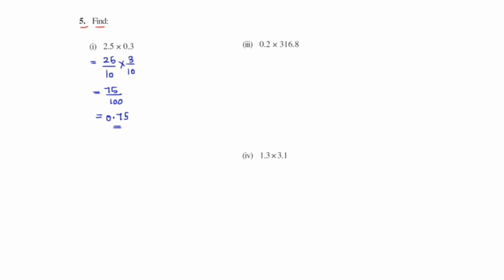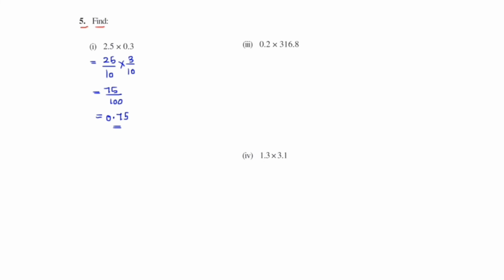I think we have already discussed a lot of questions like this, so it will be easy for you to understand what we have just done, that because of two zeros we got decimal numbers. We just need to count the number of zeros, and going from right to left we will put the decimal point. Clear?